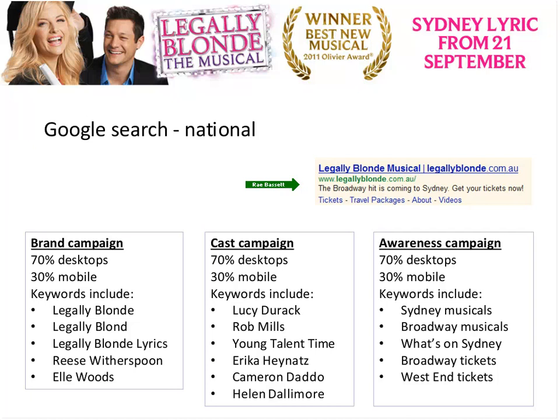And also, I think it's a useful tool for people to get directly to, in this example, the tickets page. Take them straight there. If all they want to do is go to the website and go straight to purchase, they've already decided they want to buy, then get them there as fast as you can.